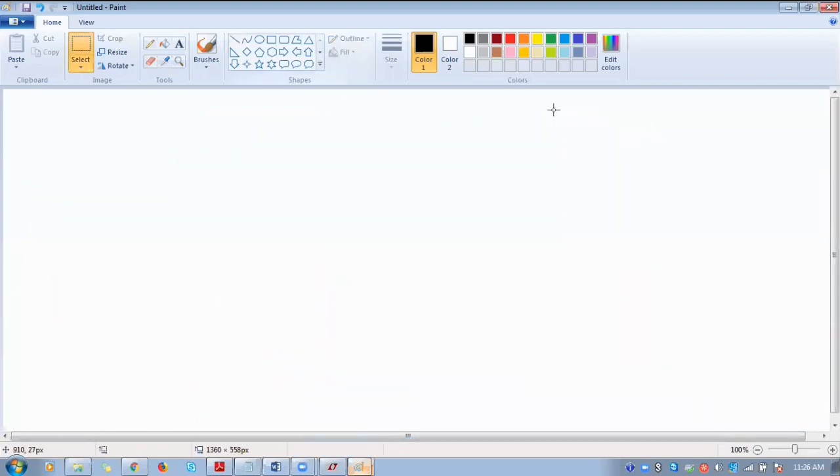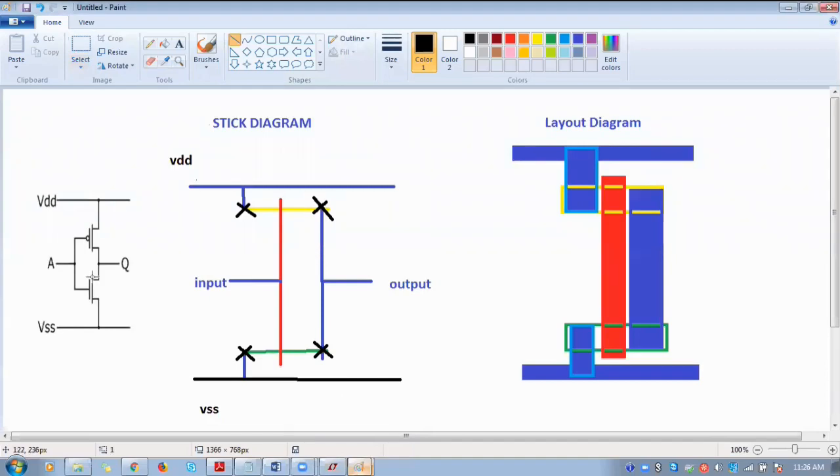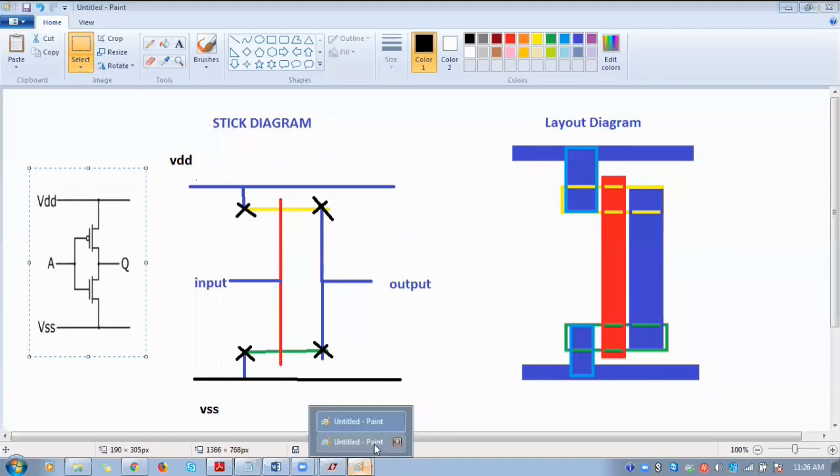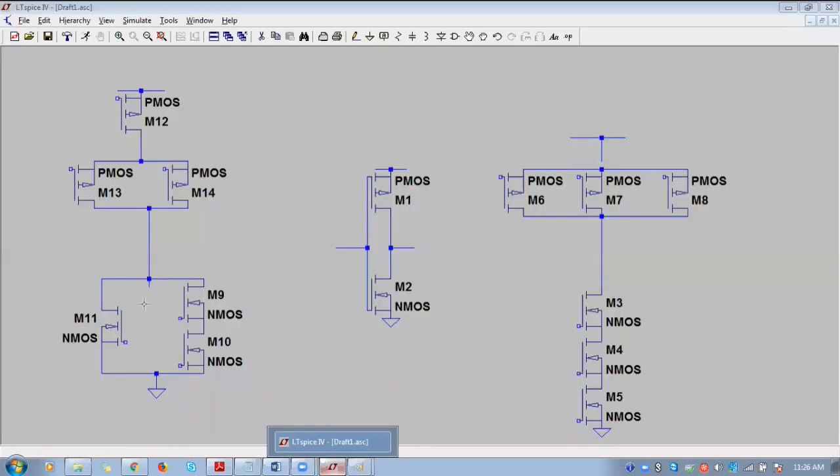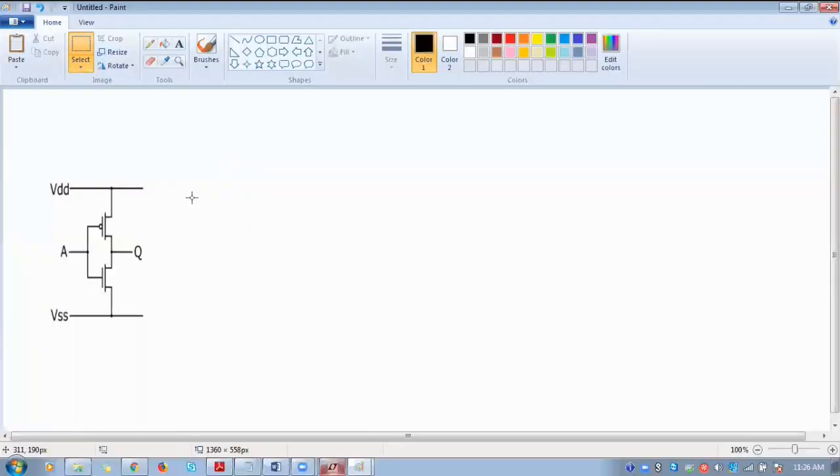So I will show how to design a CMOS inverter stick diagram. So this is the schematic we have designed already using Multisim here, right? The same inverter. For this, I will show how to design the stick diagram.